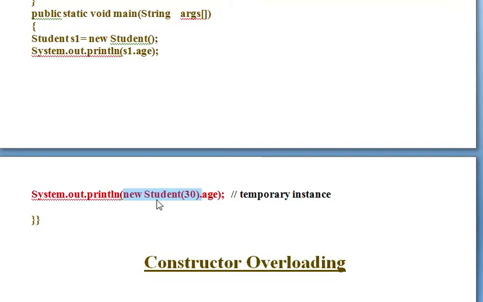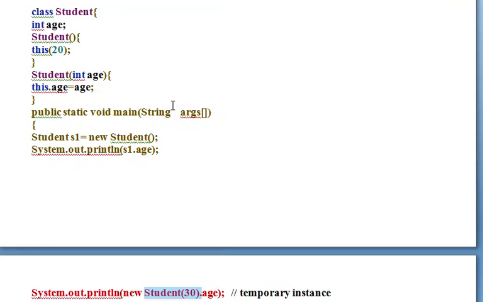So new Student(30).age means a parameterized constructor here. By matching the parameters, it will go directly to this definition of the parameterized constructor.